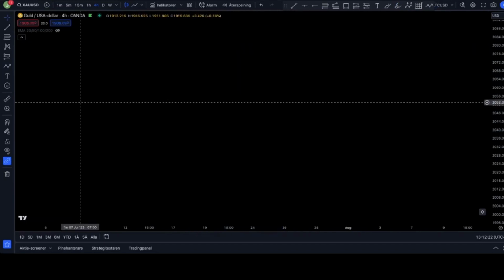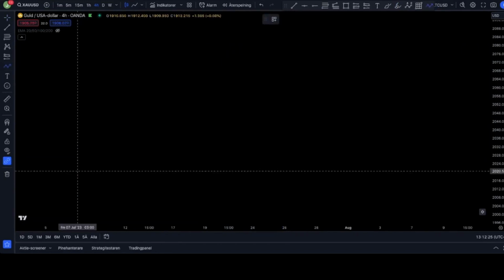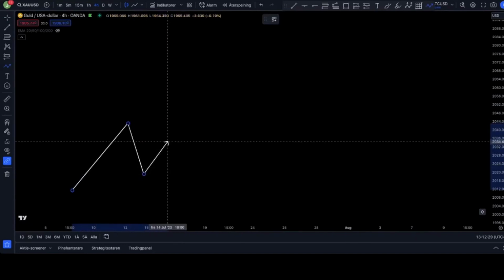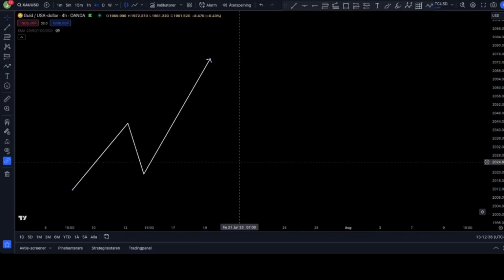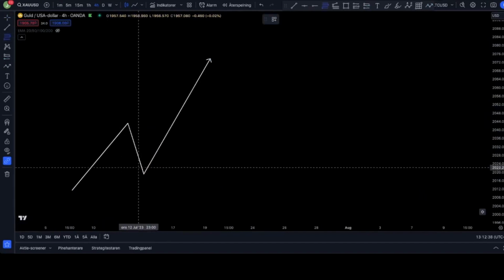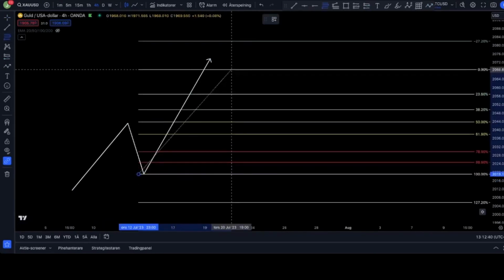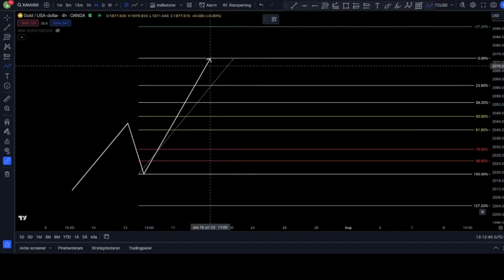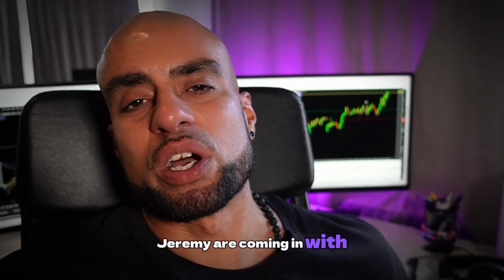So what we mostly use Fibonacci for is for looking at retracement levels. So let's say the market is pushing up. It does this. We pull Fibonacci from this bottom to this top. And now we're looking at the retracement levels. So the most popular retracement level is